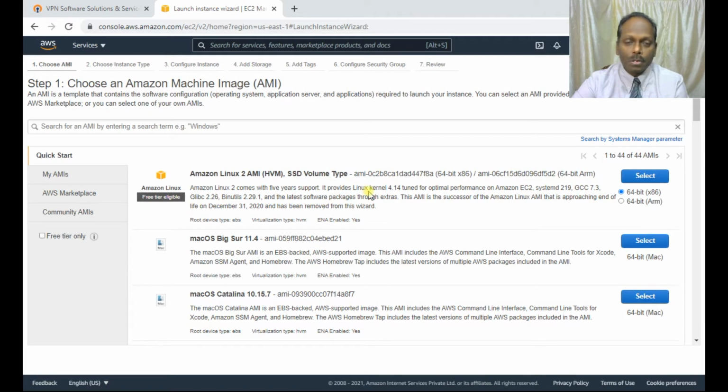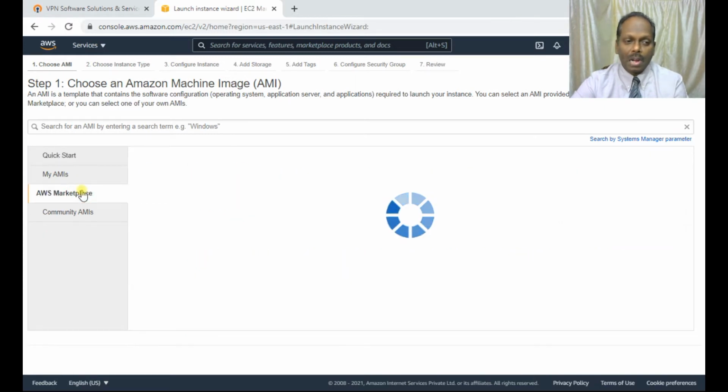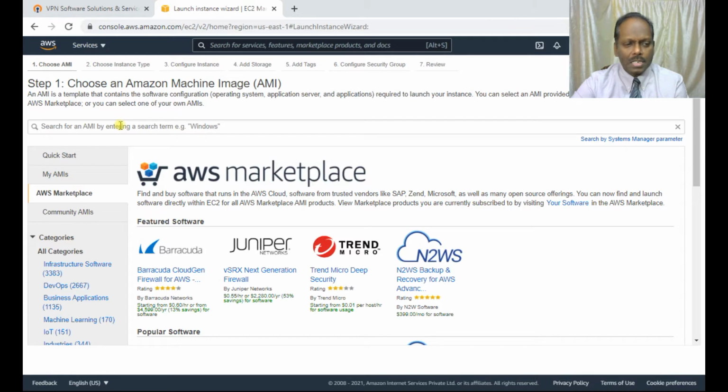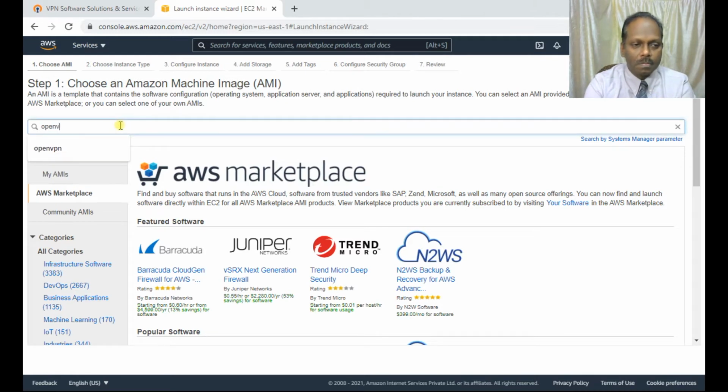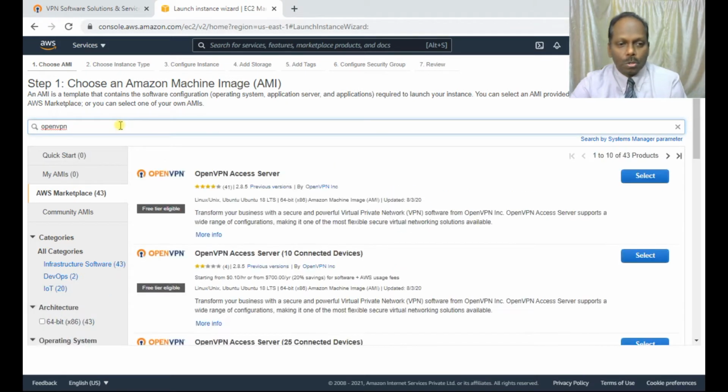Here you can do it in two methods. One is you can launch an Amazon AMI and install OpenVPN Server, but that is a tedious process. Instead, go to the marketplace and search for OpenVPN. This should show you a free tier eligible OpenVPN Access Server. You get only access; if you want a license, you need to pay for that. So let us use this OpenVPN Access Server free tier,